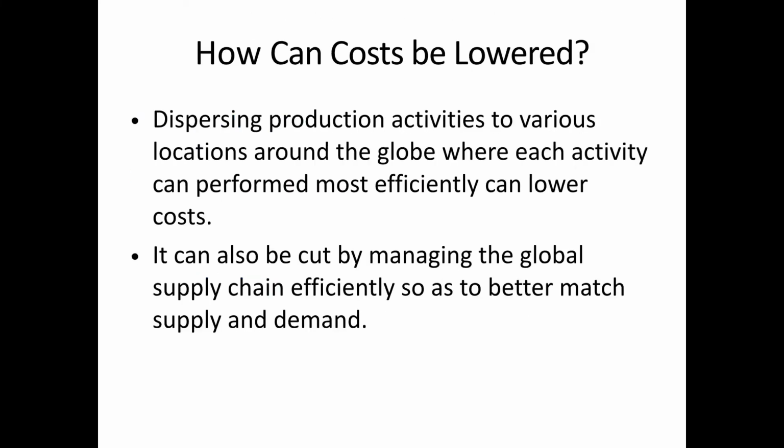So, how can costs be lowered? Dispersing production activities to various locations around the globe where each activity can be performed most efficiently can lower costs, and that's what companies do. They look for places around the world where they can establish their production activities so that they can take advantage of lower costs. Also, costs can be cut by managing the global supply chain efficiently so as to better match